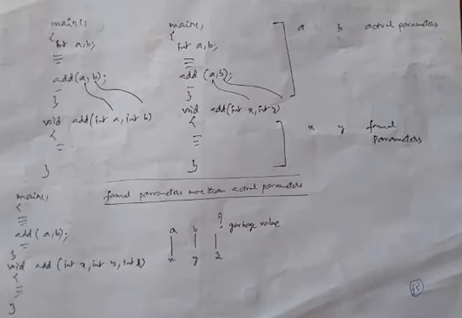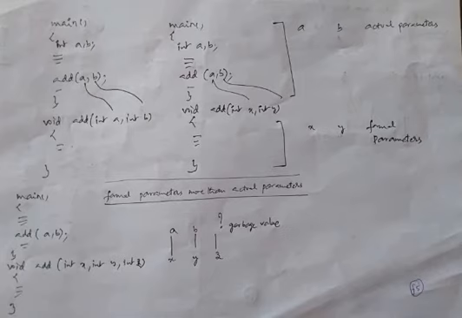You can change the variables in function definition. Look at the one on the right hand side: void add(int x, int y). Whatever parameters you use in the main program, there is no rule that you need to use the same variables in the function definition also. So there a, b and here x, y.